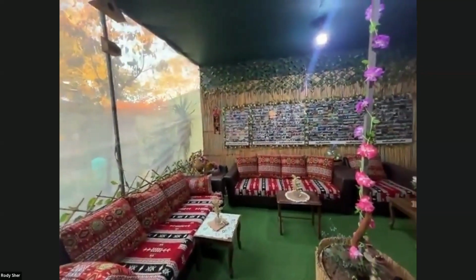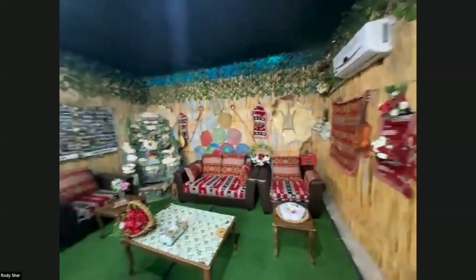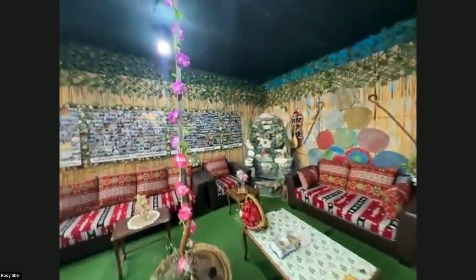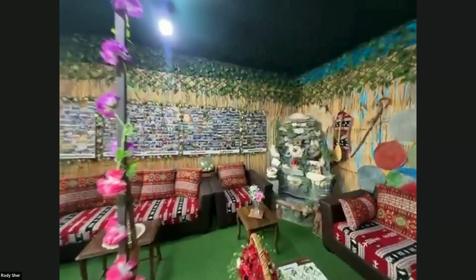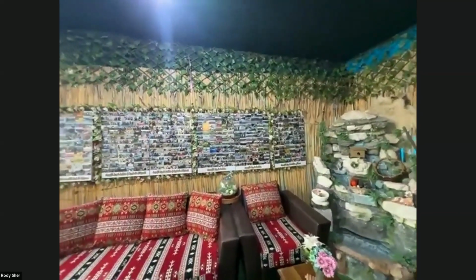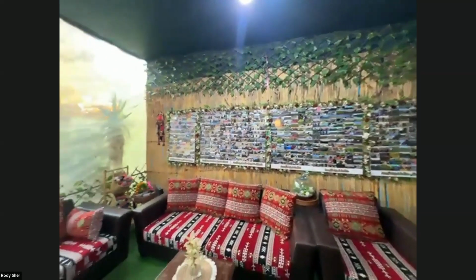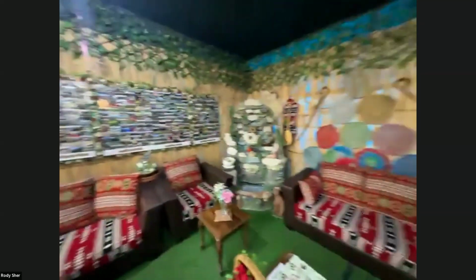So I don't know if the camera shows you. Can you see? This is a room set for the people who visit the garden. It's very simple. You can see a lot of pictures, albums for LTT staff, the stages of building this garden, and then the beneficiaries. So it's a very simple place to receive the guests, and it's also a rest place for those who work here.